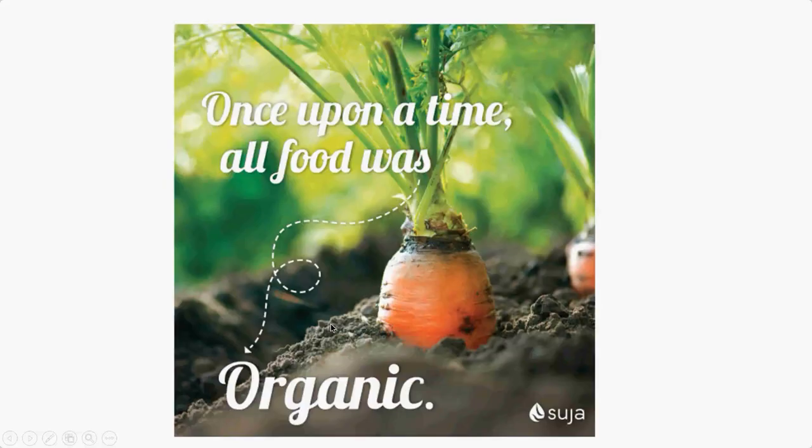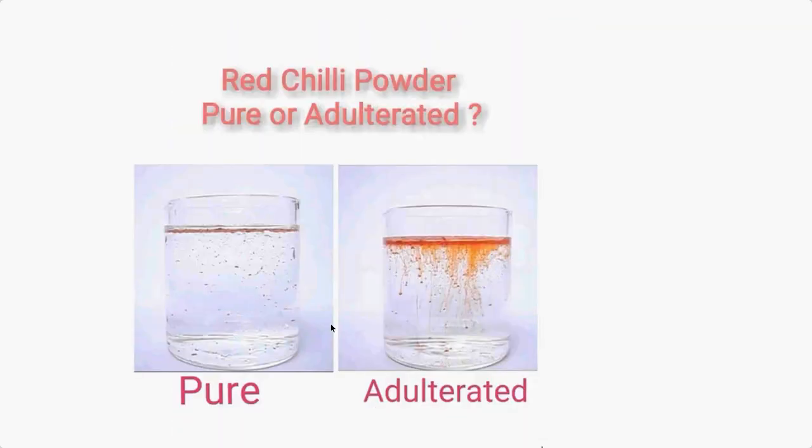If you have chili powder at home, and we all have chili powder in the kitchen, it is a mandatory one, then after this class you can take a glass of transparent water, and don't waste chili powder, just put 1 spoon of chili powder and check. And if you have honey at home, just mix it with water and check. If it is pure honey, it will not get mixed with water. And if it is pure chili powder, it will not get mixed with water. If some brick powder is added, you can see it getting dissolved in the water.